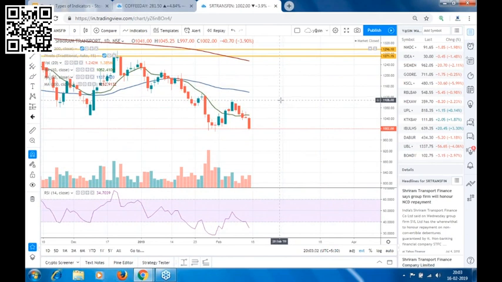Or when a stock is taking a resistance, be it from the 200 period moving average or 50 period moving average, we can look for a shorting opportunity. So these are the four trading setups that we use using this technical setup. And you can also, when any stock is at the top, check for a bearish divergence, and when a stock is at the bottom, check for a bullish divergence.